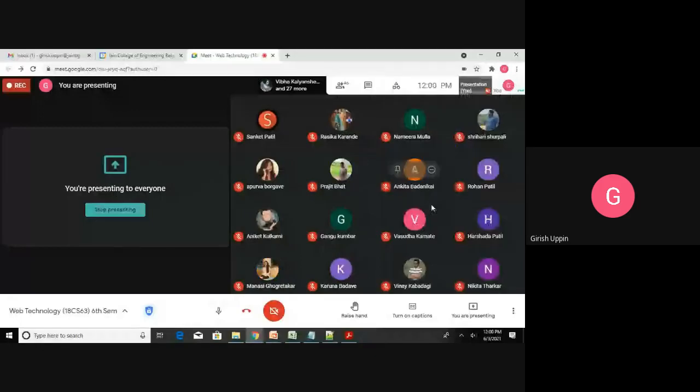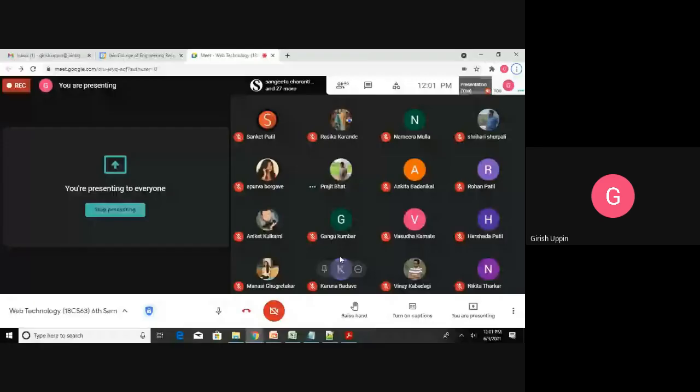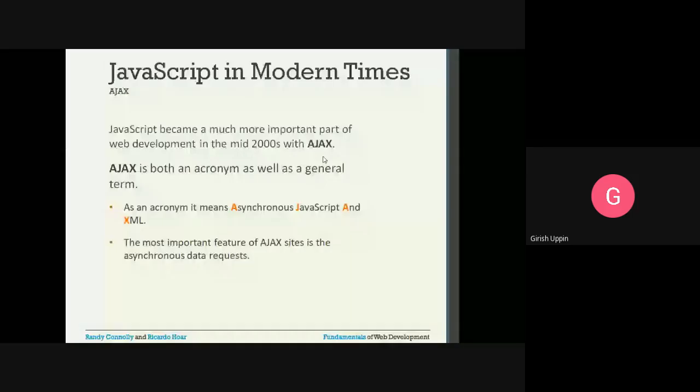Yes, sir. Okay. So instead of loading the complete page, you have just the temperature that you are interested in. You can send the request to the server as an asynchronous call just to get the updated temperature. And once you get the updated temperature, you repaint that particular temperature. So that's how you don't have to reload the complete page.